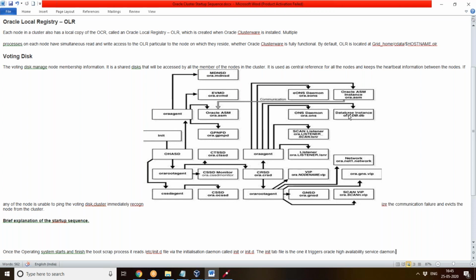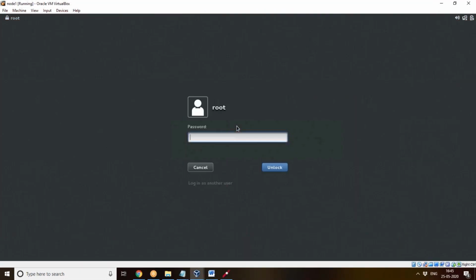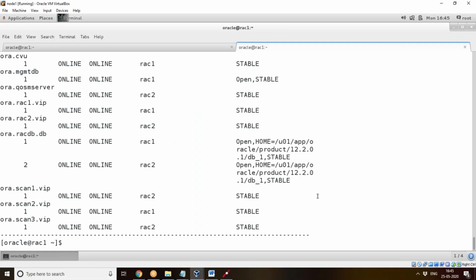The ASM instance, the database instance, all these services, Oracle is the owner. Then the scan listener as well as the normal listener. The scan listener, which we just saw in our machine, this is the scan VIP which we discussed yesterday.